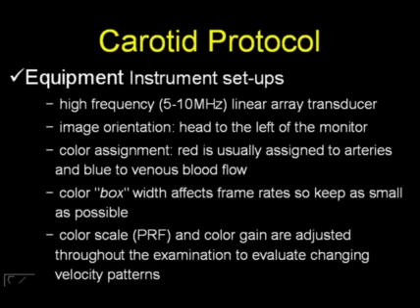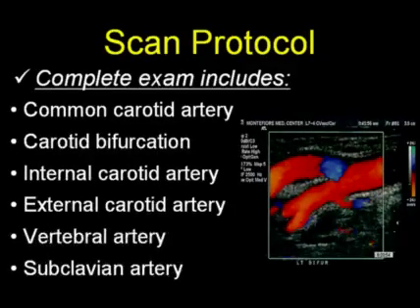In terms of the color box or the ROI box, ROI being region of interest, keep in mind that the wider the box, the slower the frame rate, so we try to keep the box as small as possible, especially when we're evaluating suspected stenosis. And also keep in mind that the color scale and the color gain really should be adjusted throughout the examination to evaluate changing velocity flow patterns, as well as to compensate for the differing depths of all the vessels that are being evaluated during the examination. So it's important for the technologist to make all those adjustments as he or she is moving on throughout the